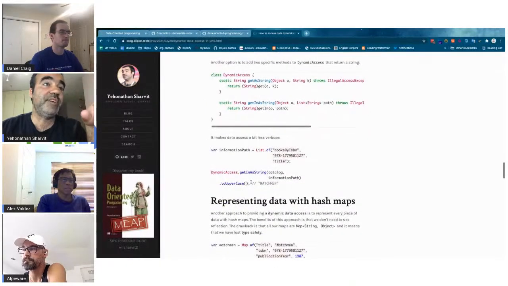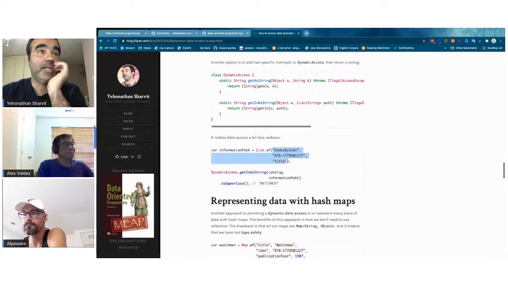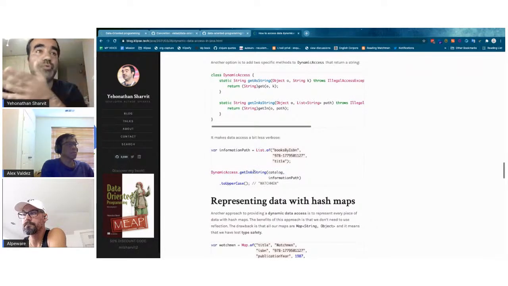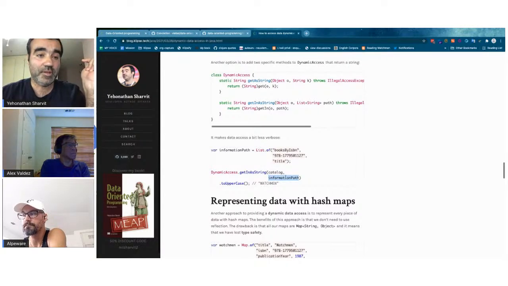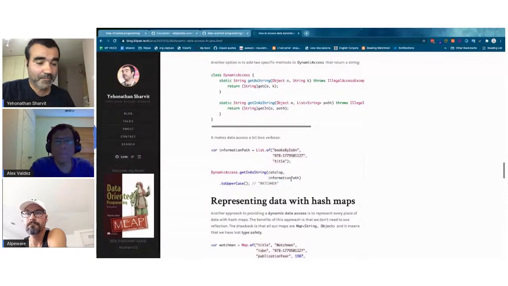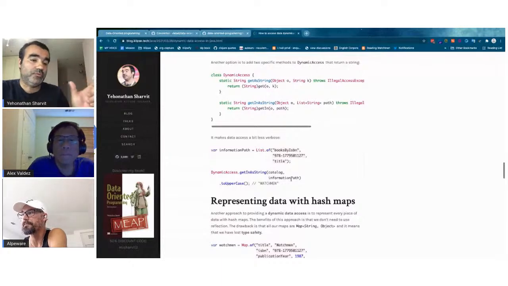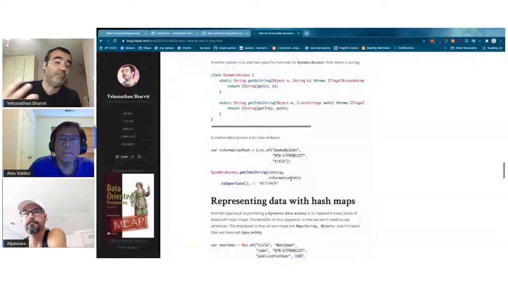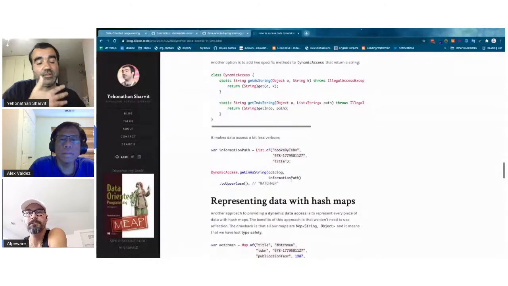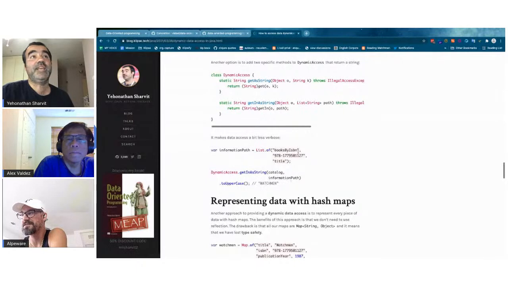There is a way, and this is Java. So you could have the information path as a list of strings and use a static method called getIn, and pass to the method the record and the information path. And any idea how this magic is possible? How is it possible to have a list of strings and to traverse a tree of classes? It seems like a contradiction, right? Right. Yeah, I saw it using reflection. Yes, exactly. And it's not so hard.